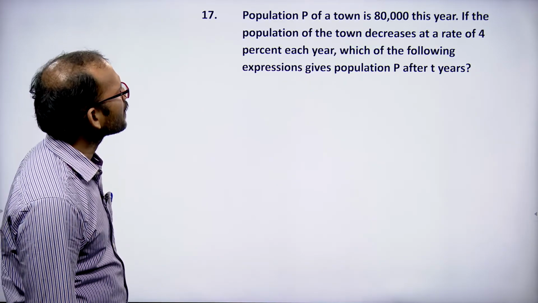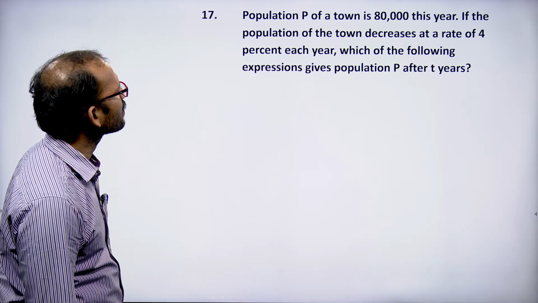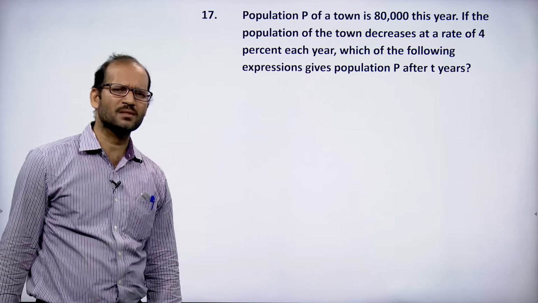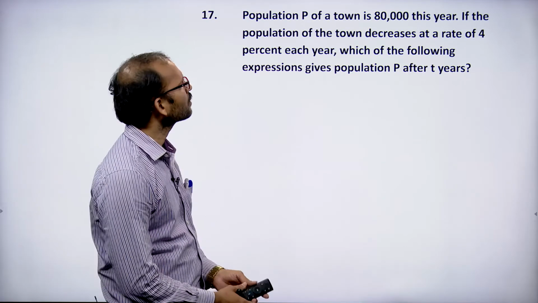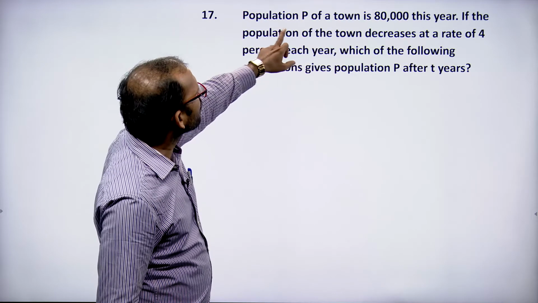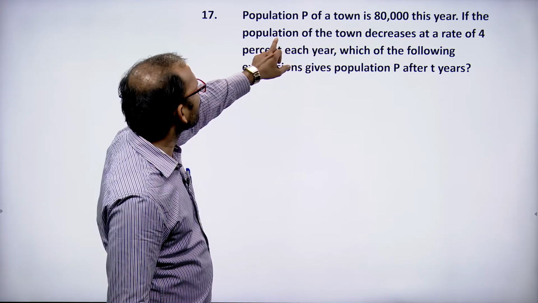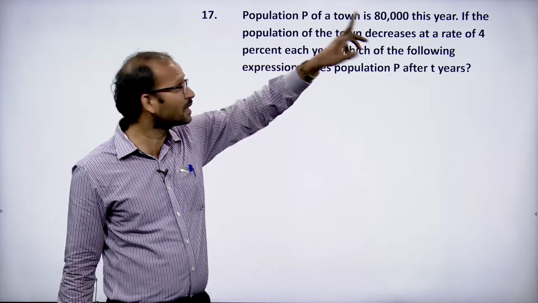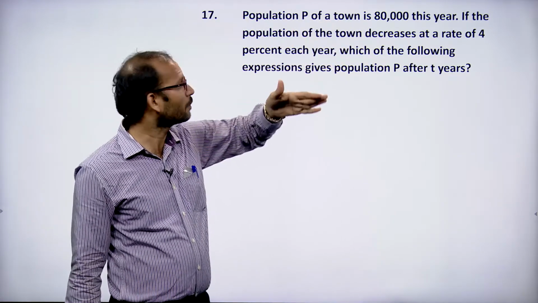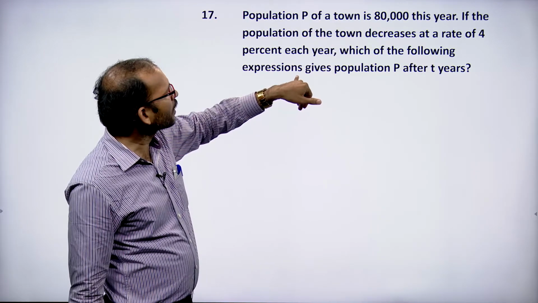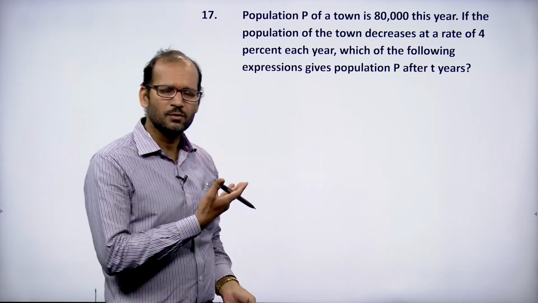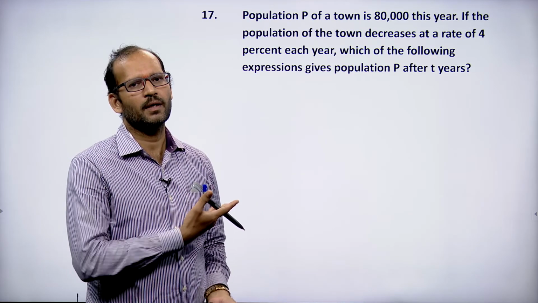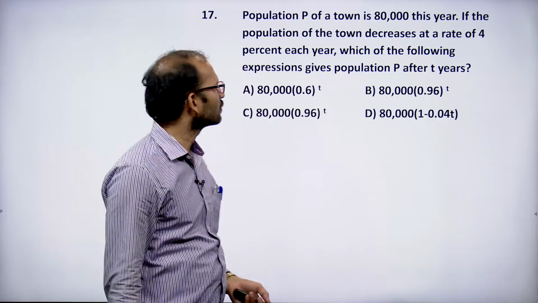The population P of a town is 80,000 this year. If the population of the town decreases at a rate of 4% each year, which of the following expressions gives the population P after t years? Yes, this is again exponential, because the population of the town is 80,000 this year. If it decreases at a rate of 4%, it is exponential decay, because decrease is given, right? So, which of the following expressions gives the population P after t years? Yes, we are just expressing the given problem, an exponential decay problem, in terms of an equation. Okay,